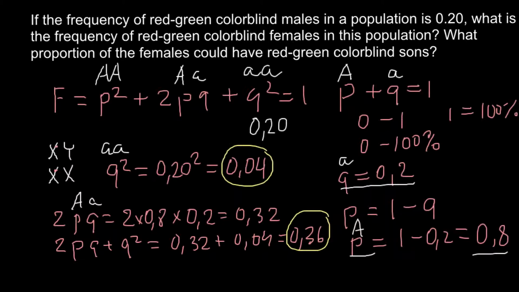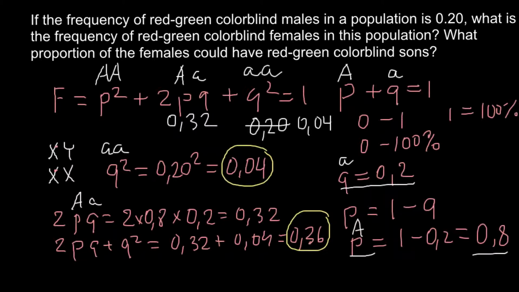So frequencies here would be 0.32, and this frequency here, 0.20, is a frequency in males, so we can cross it out, and the frequency of the homozygous recessive females would be